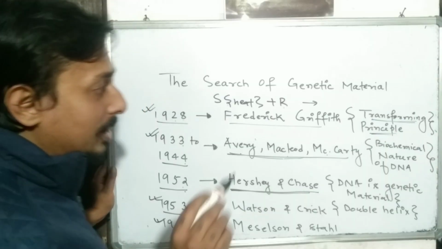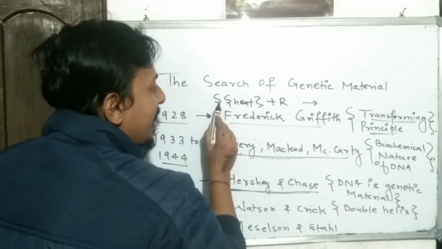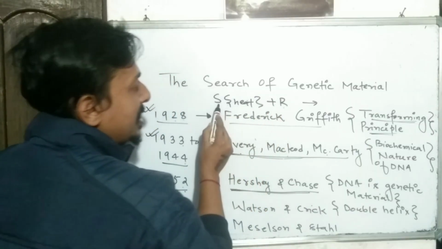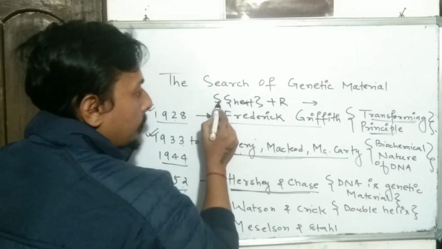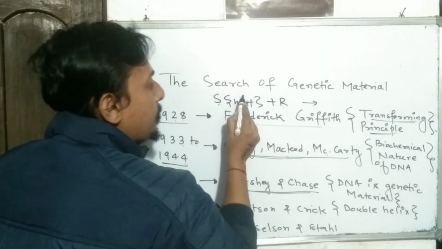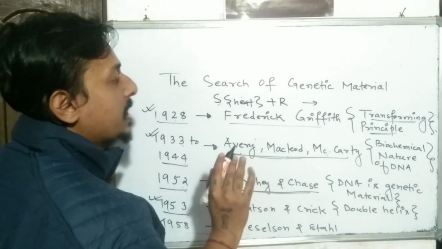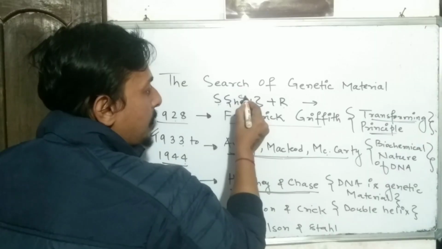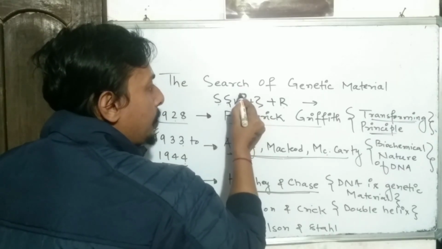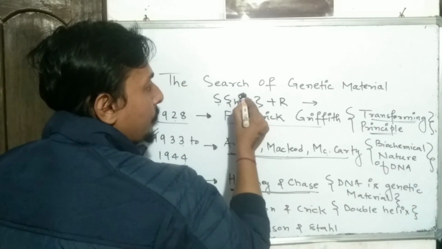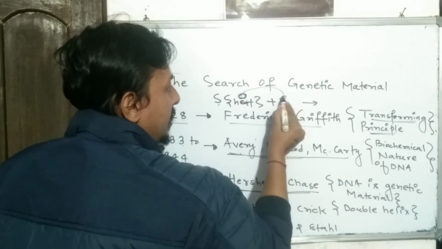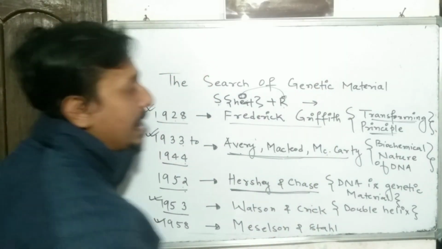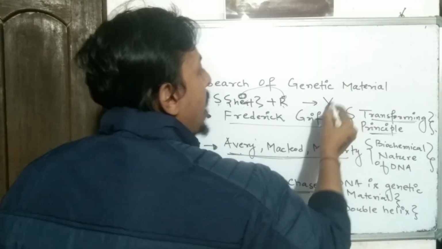What happens? The scientist says some genetic material from the heat killed material, because this is dead, this has no value, but inside this there is a genetic material. Heat will not alter the genetic material. So the transforming principle says the genetic material or something from the heat killed bacteria or the S strain got into the R strain. They got inside the R strain and transformed the R strain, and now the R strain can kill the mice.